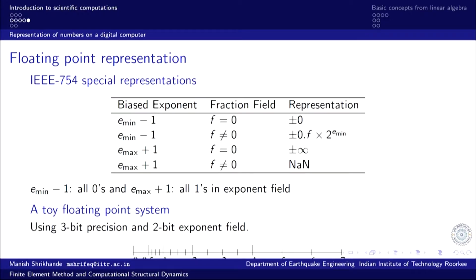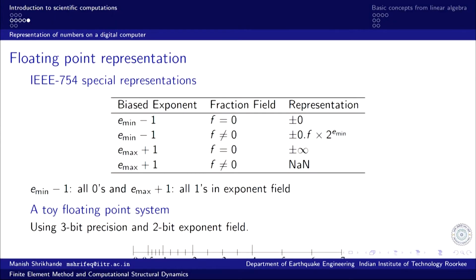More importantly, you should try to understand and appreciate this: the separation between the 3 numbers that are available is closely spaced for smaller powers of 2. As the power of 2 increases, the separation between the consecutive numbers that can be represented increases. What is the significance of this result, of this representation?